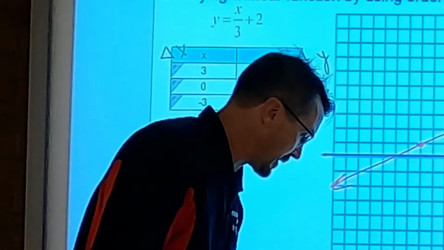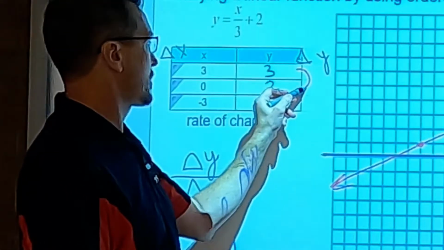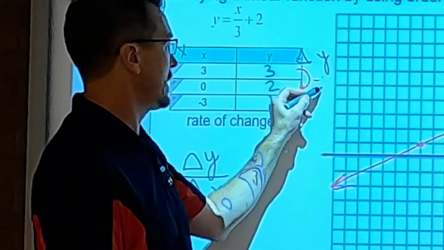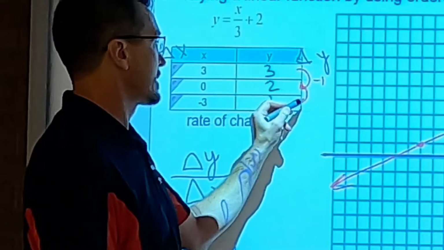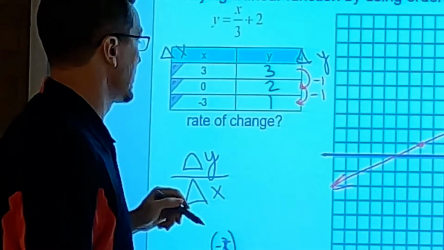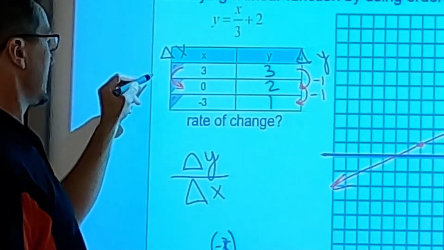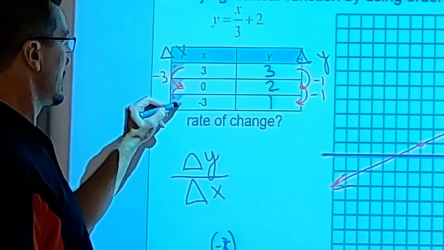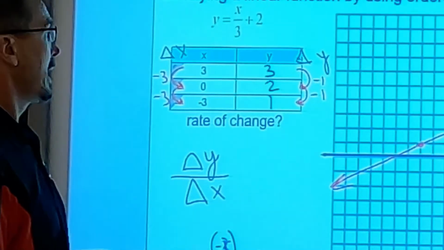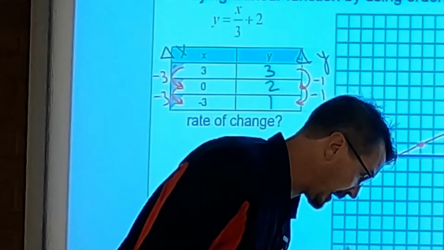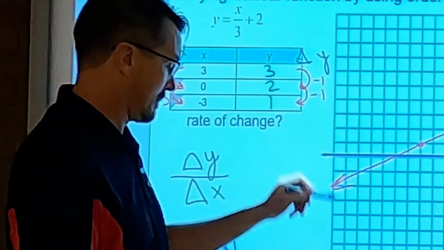So as I go through this, I say, how is it changing from 3 to 2? It's going minus 1. How is it going from 2 to 1? It's going minus 1. So the change there is negative 1. And from x, I'm going from 3 to 0, that's minus 3. And from 0 to negative 3 is minus 3. And so again, I'm not looking at those individually. I'm looking at the ratio. That means I'm looking at,